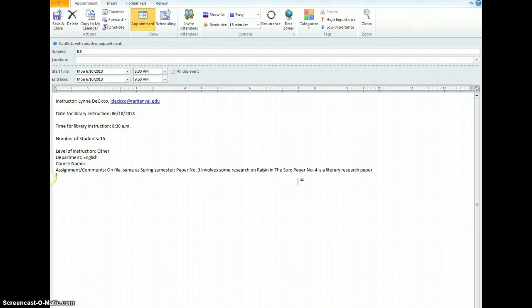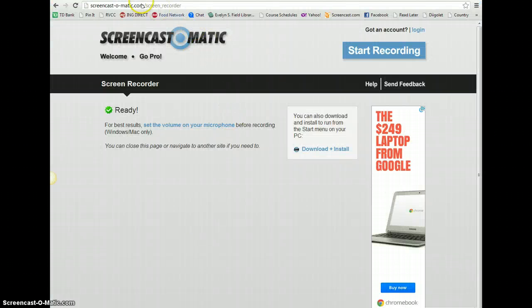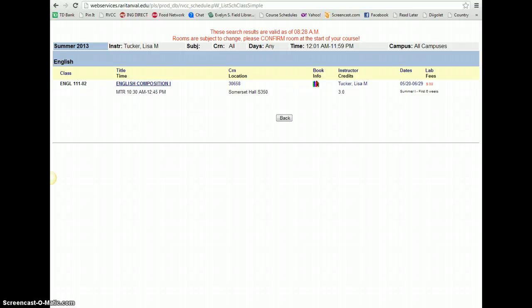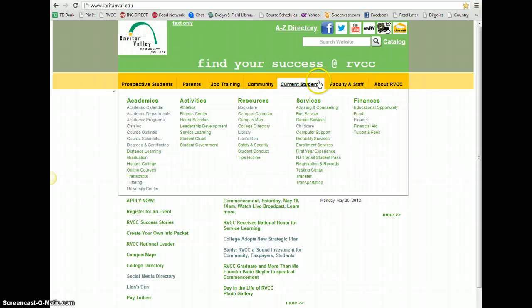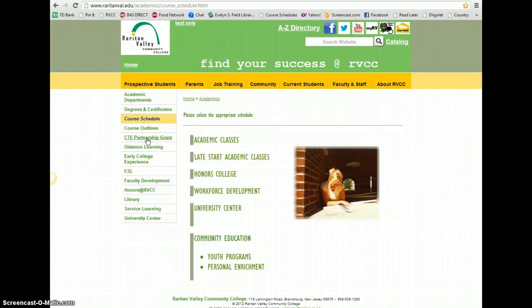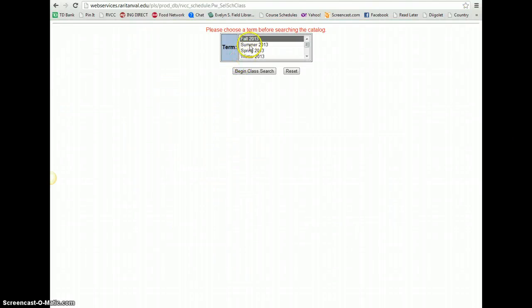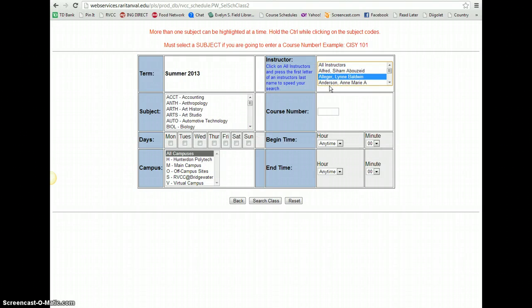But in the case that you cannot tell what class it is for, the tool that you can use to figure that out is the course schedules, which are accessible from the college webpage. So I always keep that open. I actually do have it open here in one of my tabs. To get to it, you can go to the RVCC homepage. If you go under current students, because apparently it's not listed under faculty, you'll see course schedules here, or obviously in the A to Z directory it should be listed. Academic classes, whichever semester we're in, so we're in summer right now, and then you just search for the instructor's name. So that was Lynn DeSico,